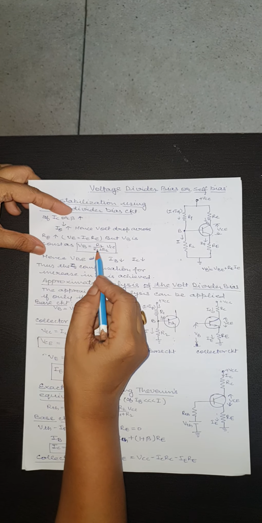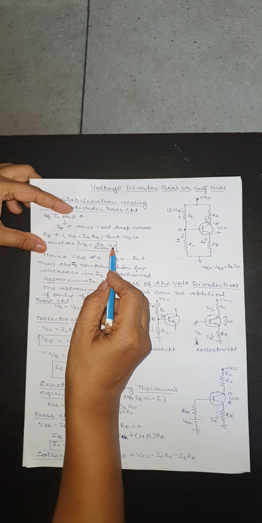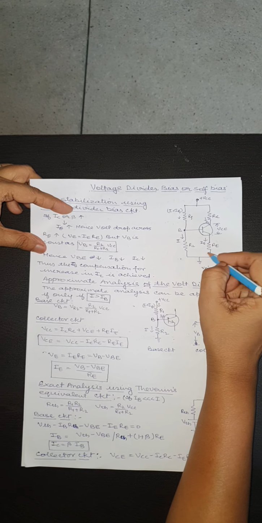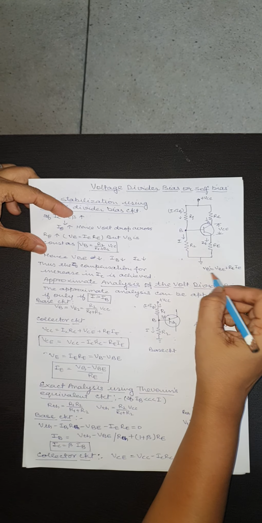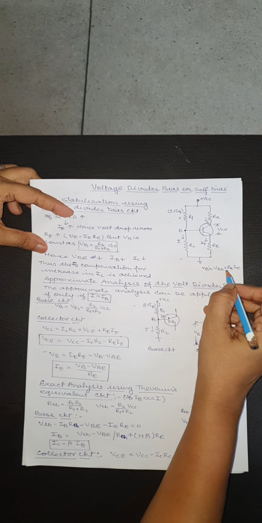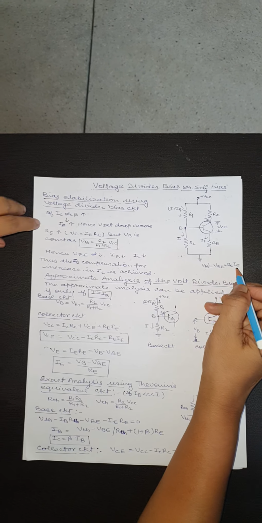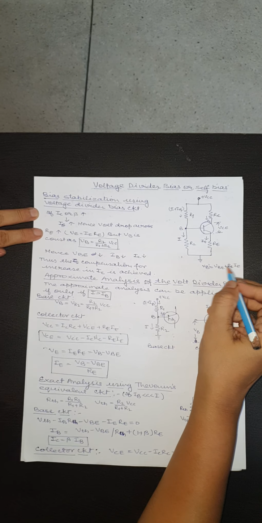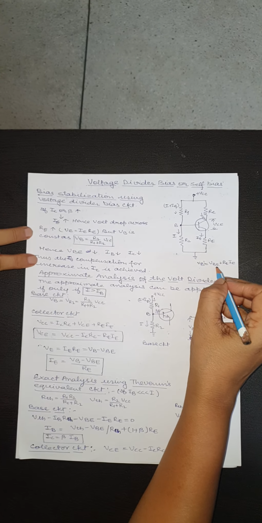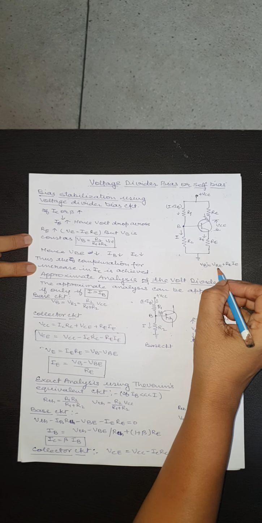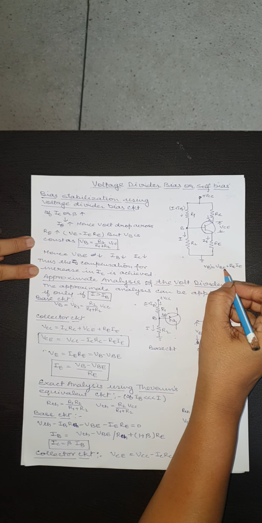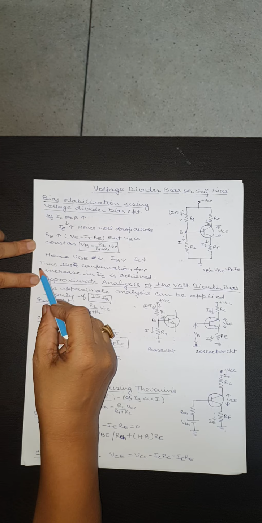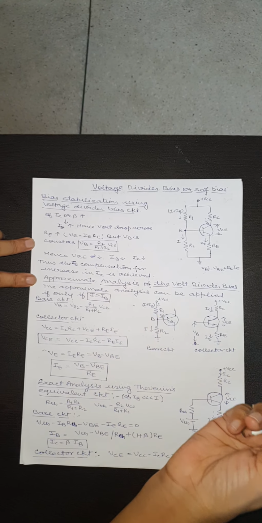and value of VB is constant because R2 is constant, R1 is constant, and value of VCC is constant. So VB is constant, and if we apply KVL in this circuit, we get VB is equal to VBE plus IE RE. Here voltage across RE, that is VE, increases and VB is constant, it means VBE decreases. VBE is forward biasing of transistor. When forward biasing decreases, IB decreases, and IB decreases means IC decreases. Thus the compensation for increase in IC is achieved.